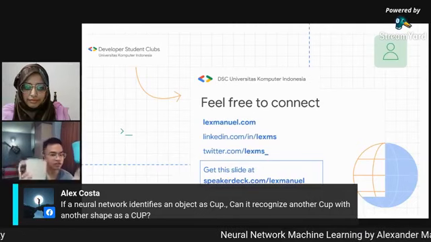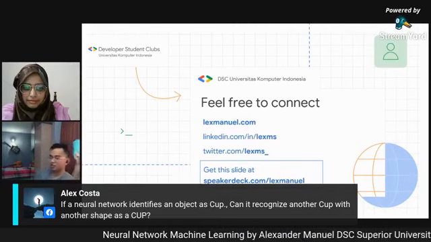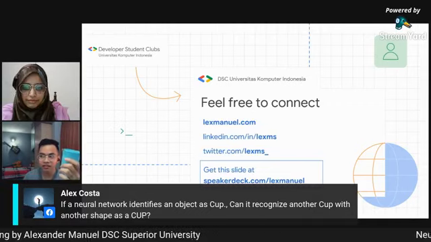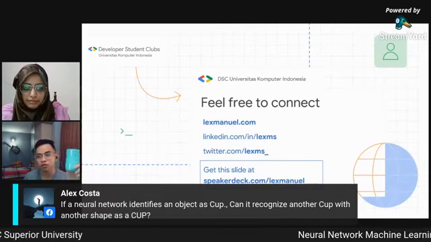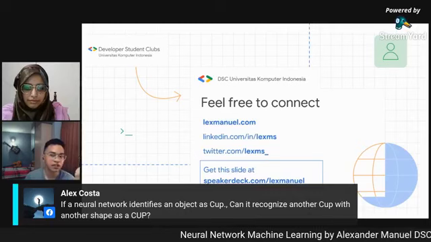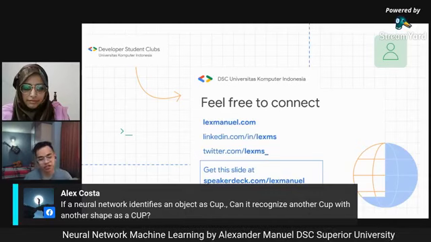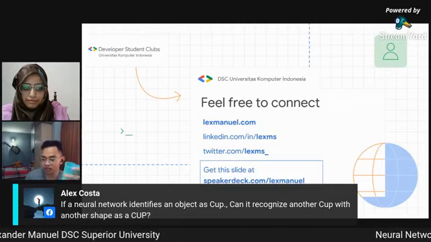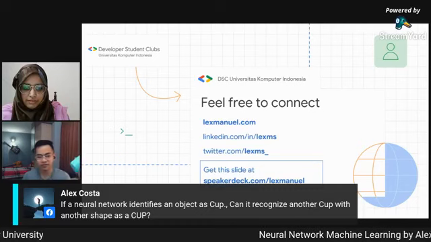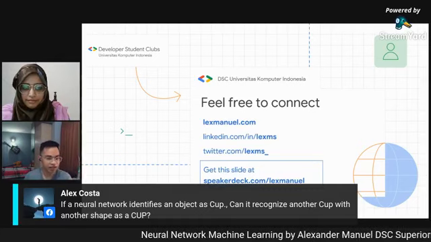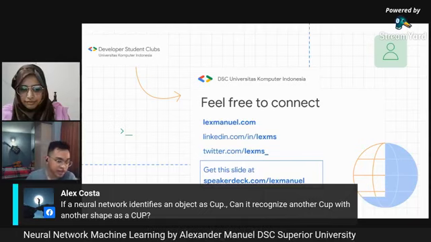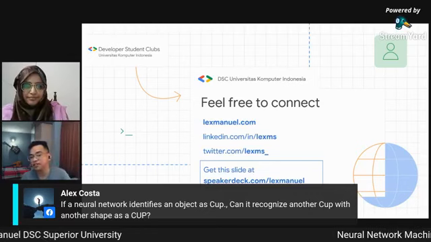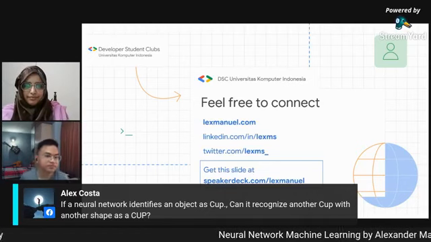So in most cases, I believe the neural network will know it is a cup, but there's even a low chance that it doesn't know that it is a cup. Like I said, it depends on the quality of the pictures and on the lighting and stuff. So to answer that, I believe it will most likely recognize it as a cup, but there's a low probability that it will recognize it as not a cup.